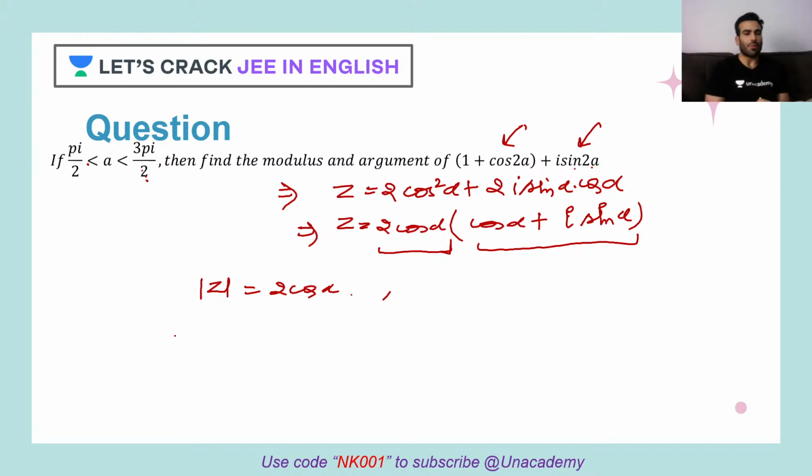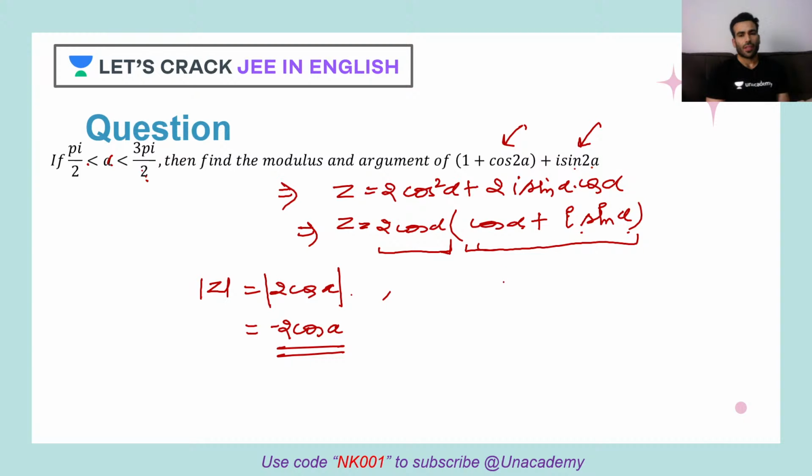One more thing I would like to suggest, just discuss with you guys. When you apply mod, we need to make it positive. Because look at this, this A is varying between what? Second to third. So in second to third, our cos is what? Negative. To make it positive, I'll have to apply a minus sign. I hope you got this thing clear. Now let's check this. Cos alpha plus iota sine alpha. So this is an Euler form.